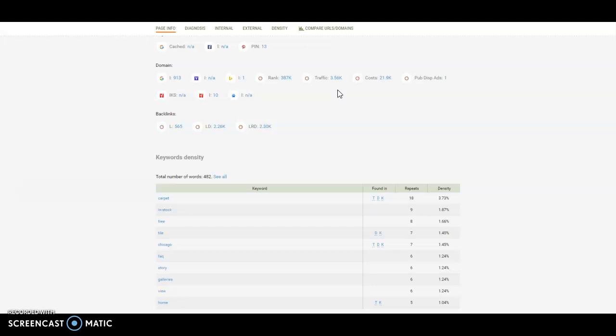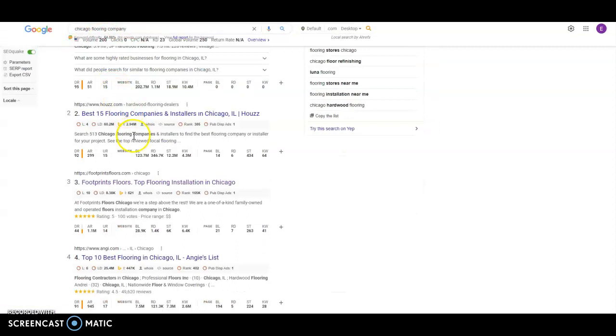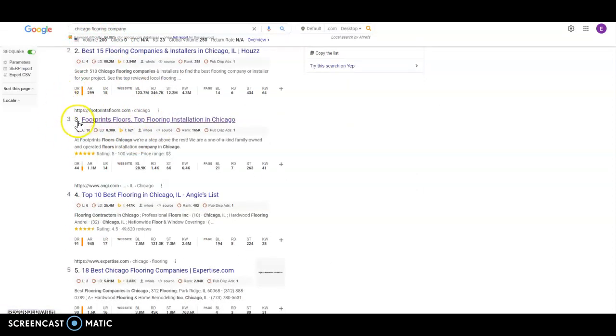Now the next thing I want to talk about today is going to be hand in hand with that content quantity, and it's going to be the quality and specifically keywords. So keywords are simply the words that your website's going to be found for in Google. So if I type something into Google, for example, I typed in Chicago Flooring Company, we can see the #1 organic search is this,